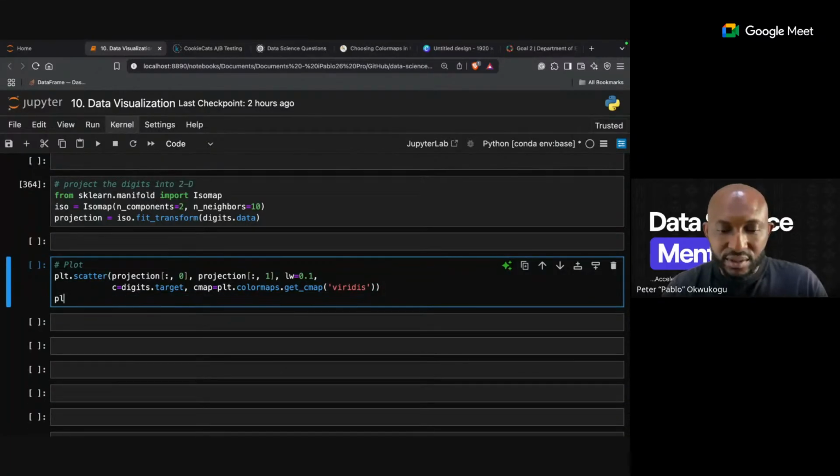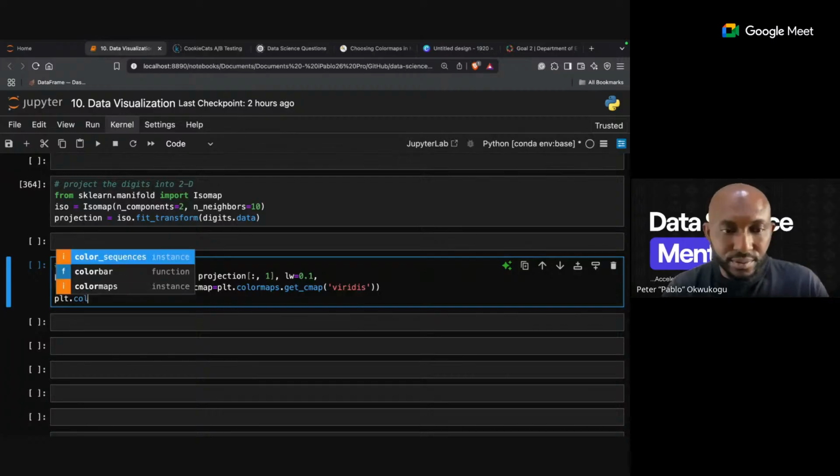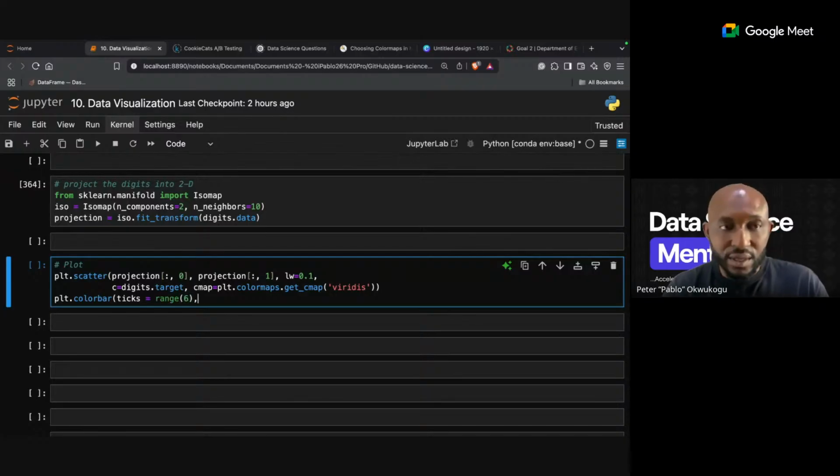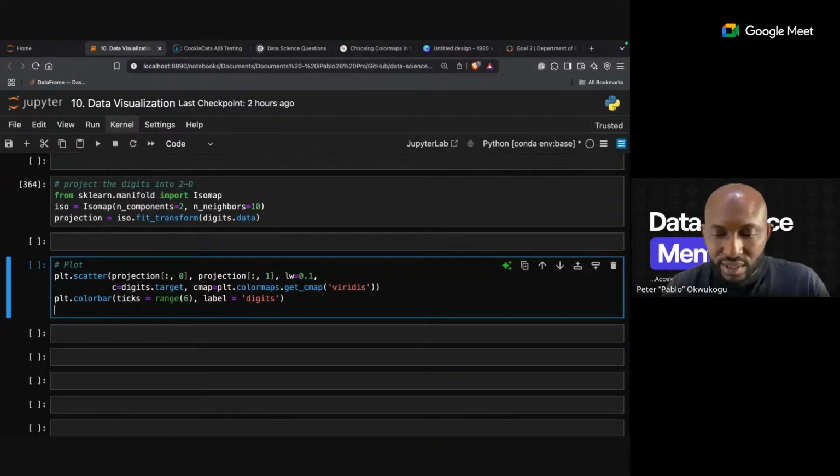Then we have plt.colorbar, right? And then we're going to look at our ticks. And we have range. So we have a range of 6, which is basically 5. We're going to have a label. Our label is going to be our digits. That's what we're going to call it, our digits, right? That's going to be our label. And have this closed. Then we're going to have plt dot color limits,